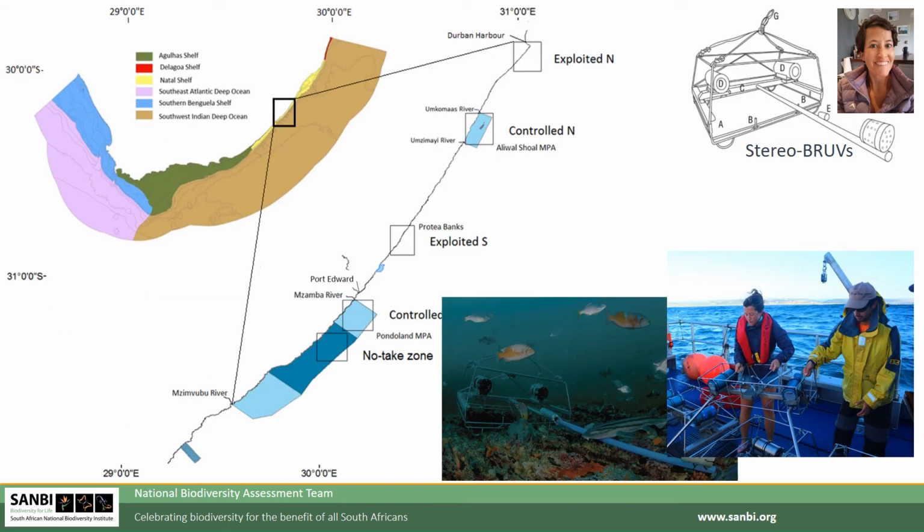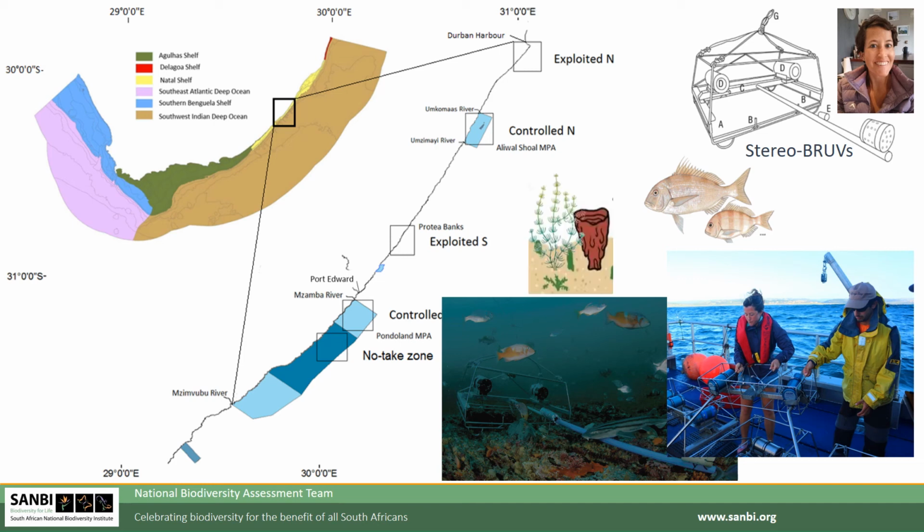Using subtropical rocky reef ecosystems as our target ecosystem type, we collected in situ ecological data using remote imagery techniques, specifically baited remote underwater stereo video systems. We collected fish and benthic community data from selected areas on the east coast of South Africa. Data were collected from inside and outside current marine protected areas to obtain a gradient of human pressures. We wanted to identify indicators that respond to these pressures and that can be used to measure condition. We then use these indicators to determine what constitutes good and poor ecological condition. And these data were combined into multimetric condition indices to compare with those from the National Biodiversity Assessment.